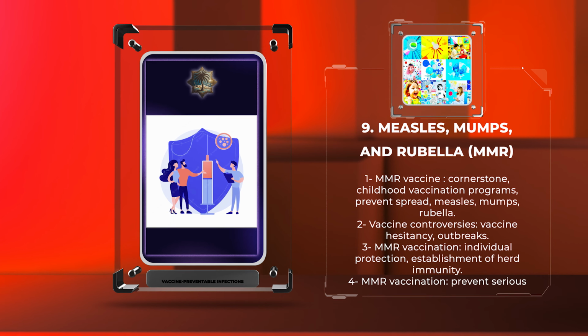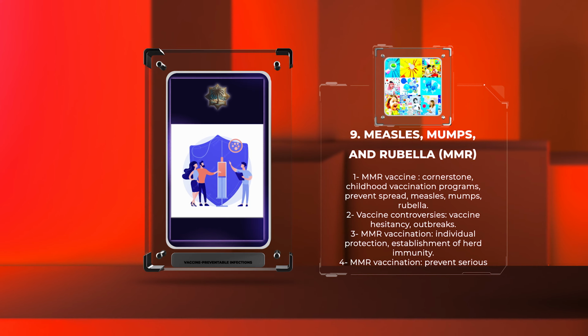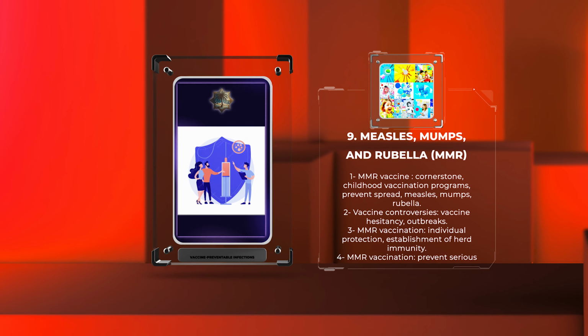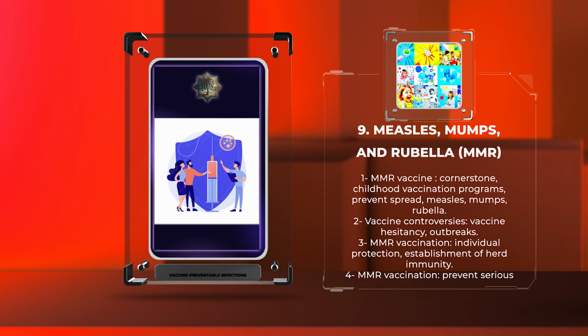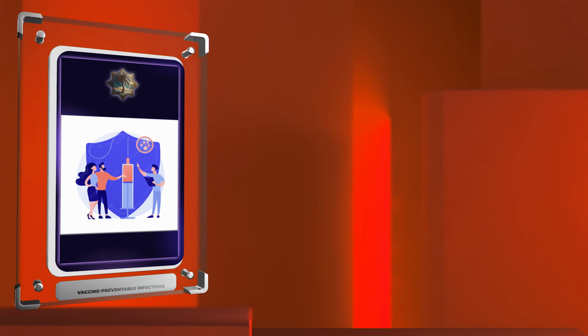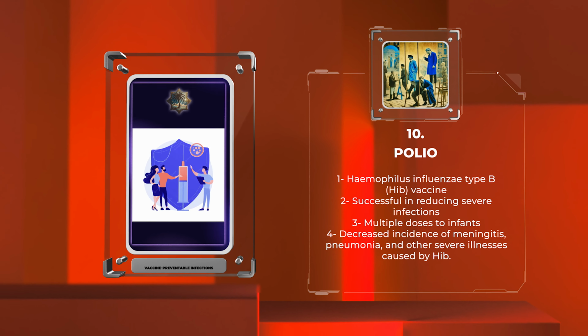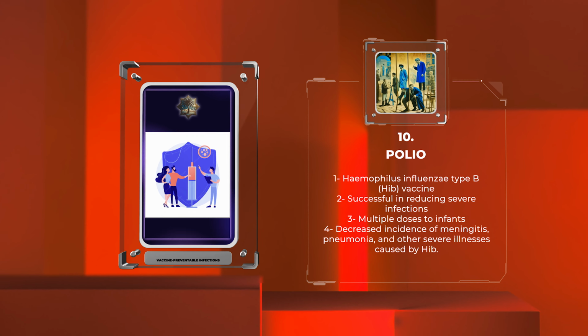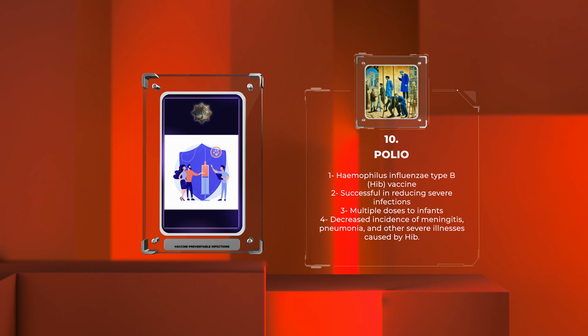Furthermore, MMR vaccination-induced immunity is crucial in preventing serious complications associated with these viral infections, including encephalitis, meningitis, and congenital rubella syndrome. Moving on to our next topic. The Haemophilus influenzae type B, Hib, vaccine has been successful in reducing severe infections caused by this bacteria. It is given in multiple doses to infants and has significantly decreased the incidence of meningitis, pneumonia, and other severe